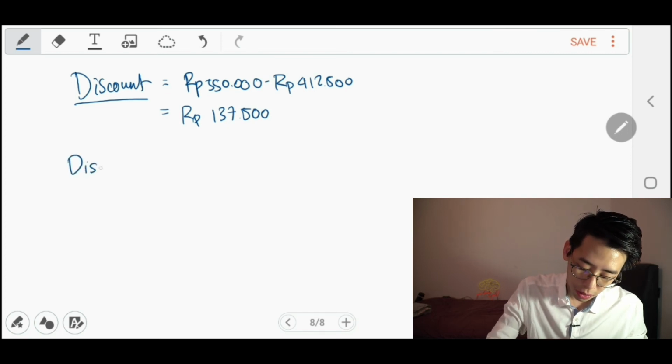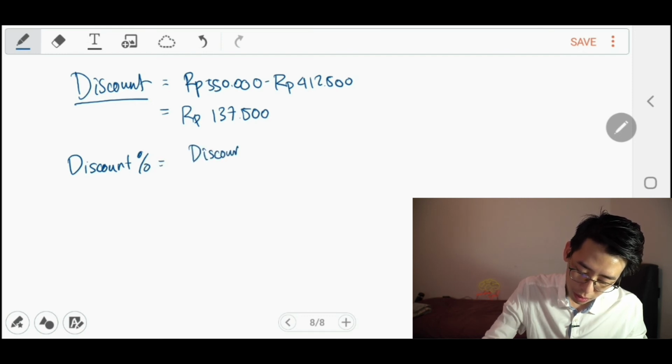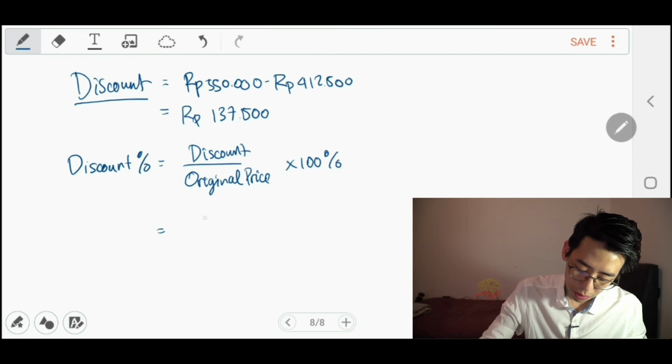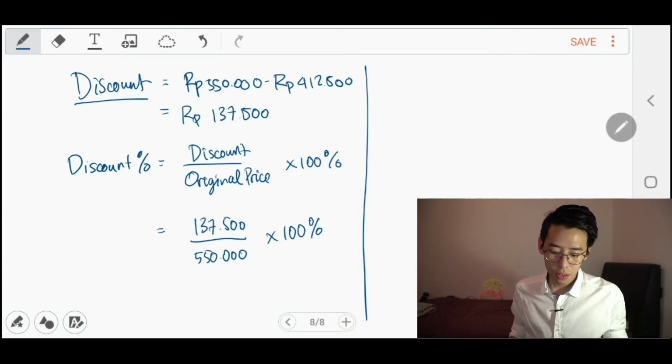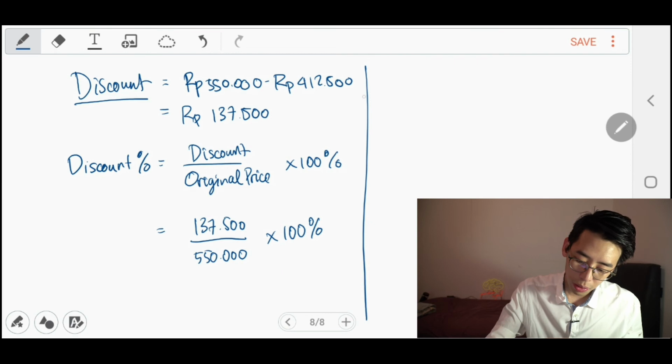To calculate the discount percentage, you need to divide the discount by the original price and then multiply it by 100%. So the discount, 137,500, divided by 550,000, multiplied by 100%. So this is quite a difficult number, but the thing that I would like to do first is